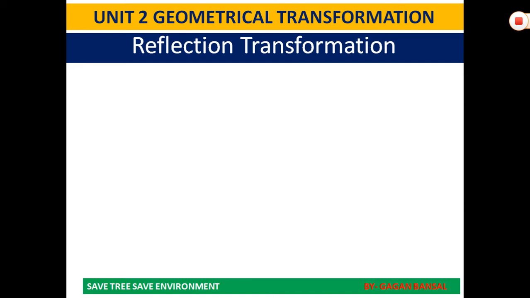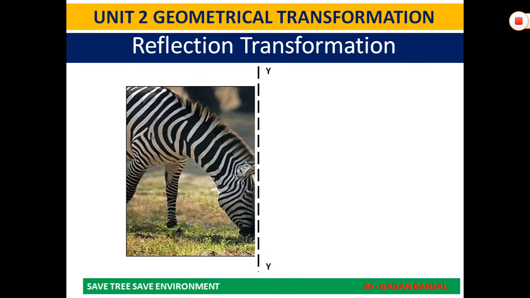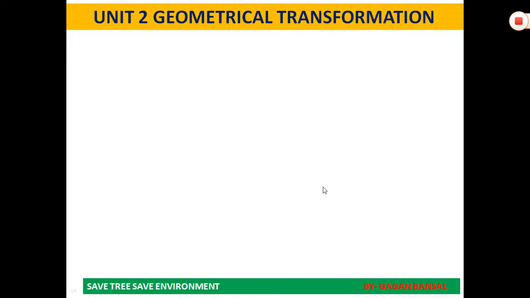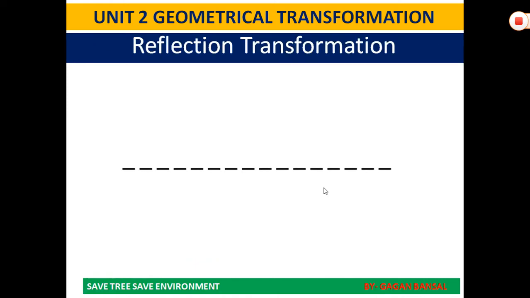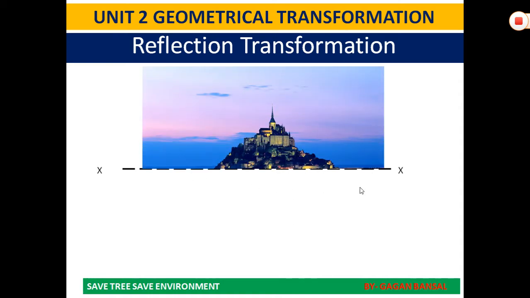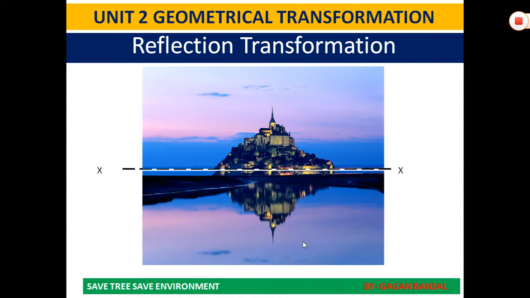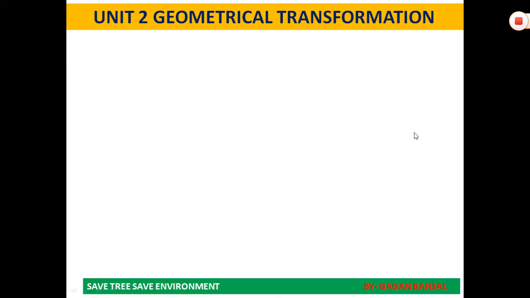Next is reflection transformation. Again, by the name it is clear. Suppose we have a y-axis and any object, and we are reflecting it about the y-axis. What it does is it flips the x coordinates. Similarly, when you have a mirror or any axis about which we want to see the reflection, say the x-axis, suppose this is a body, and if it is reflecting about the x-axis, it will flip the y coordinates. This kind of transformation comes under reflection transformation, which goes in x and y direction separately.